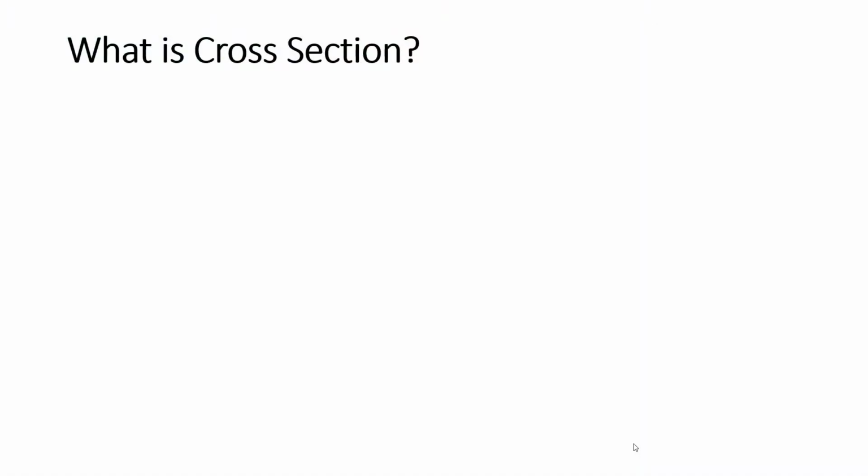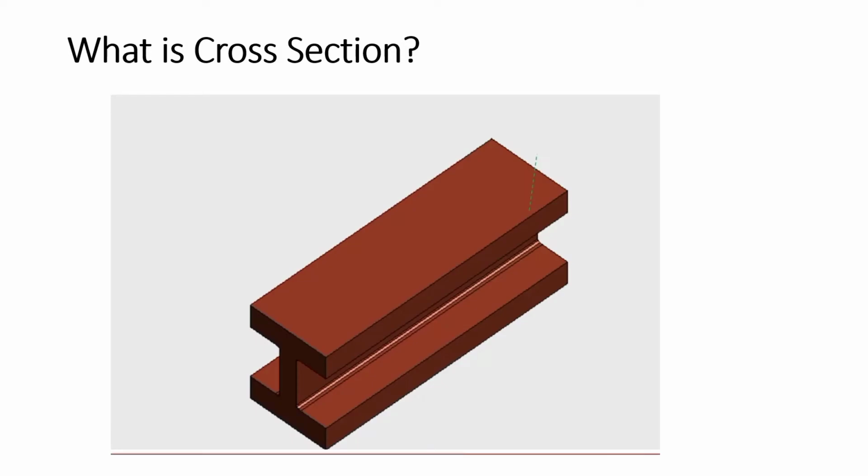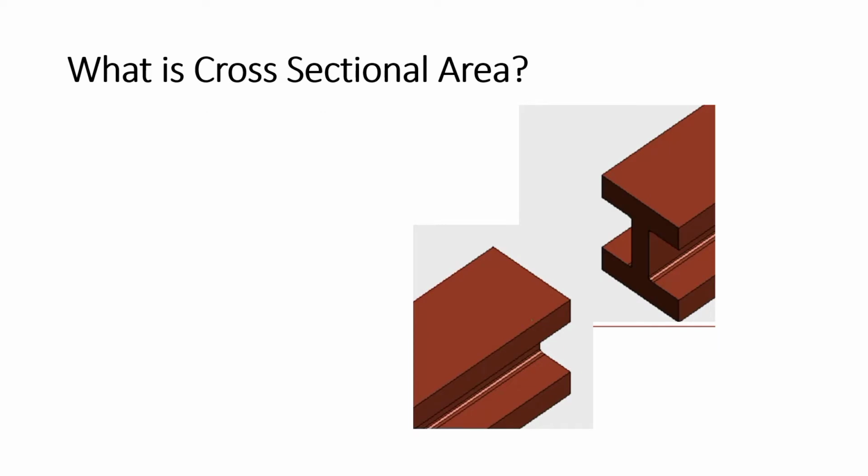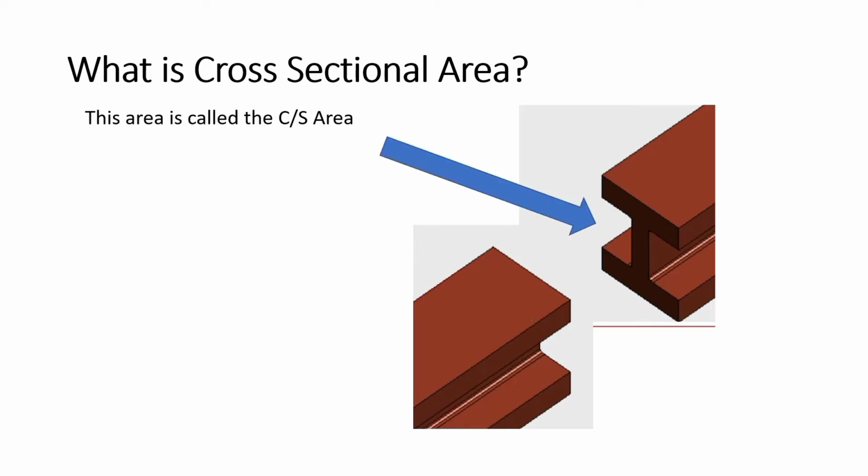So what is a cross-sectional area? Imagine taking an I-shaped beam like this. Now imagine that you take a knife and cut this beam vertically downwards along the line AA. This is called taking a cross-section at AA, or simply taking a section at AA. Now when you cut the beam along this line, the beam would be split into two halves along this line AA, and this particular plane depicted by the arrow sign,